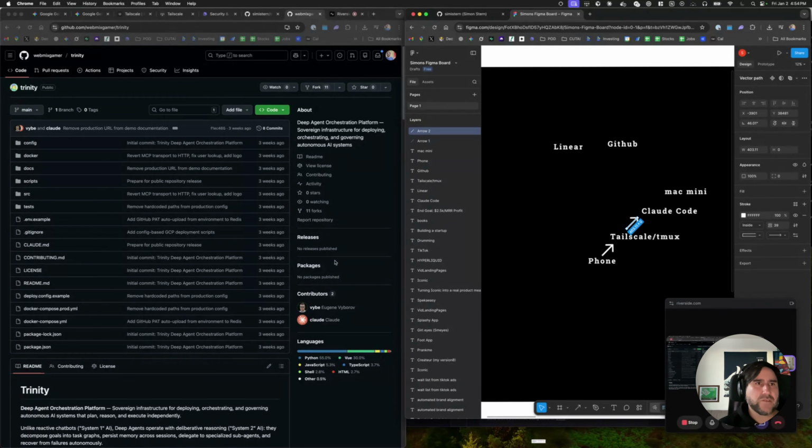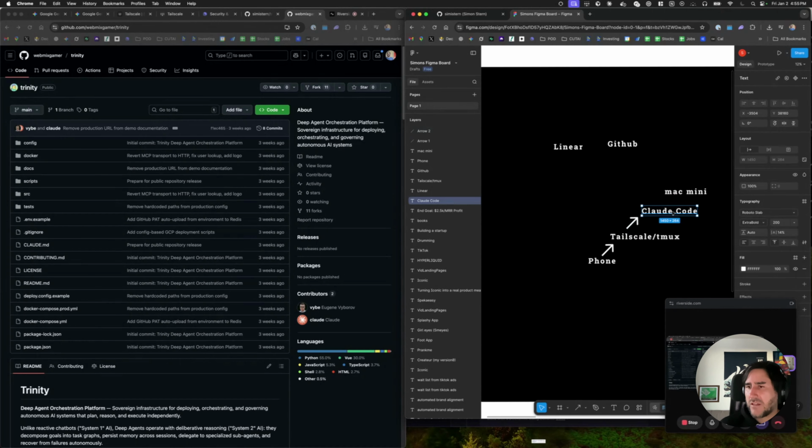I tried to do this at first in a Railway container, but those are ephemeral containers. They don't actually last, and you will have to reset each time. And then also, I do a lot of iOS stuff, so it just makes sense to use my MacBook that's sitting at home. So Tailscale and TMUX are used to connect to the Mac Mini, and the Claude Code is basically what I'm connecting to. So I'm connecting to a terminal on the Mac,